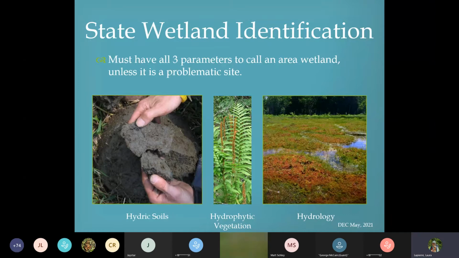So from what's jurisdictional to what is in fact a wetland, this slide I could make into a 40-hour course and even a career out of determining what is a wetland. That's why we really recommend that you hire a professional wetland consultant to do this work and work with the district wetlands ecologist within our state program to help determine wetland areas.